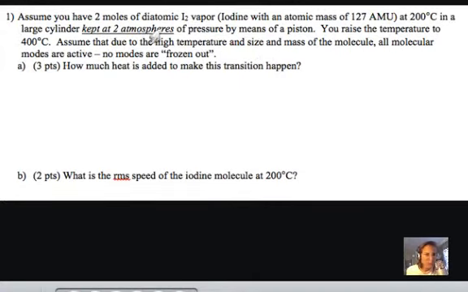And no more information is given. You are to assume that due to the high temperature and size of the mass, all molecular modes are active. No modes are frozen out. So